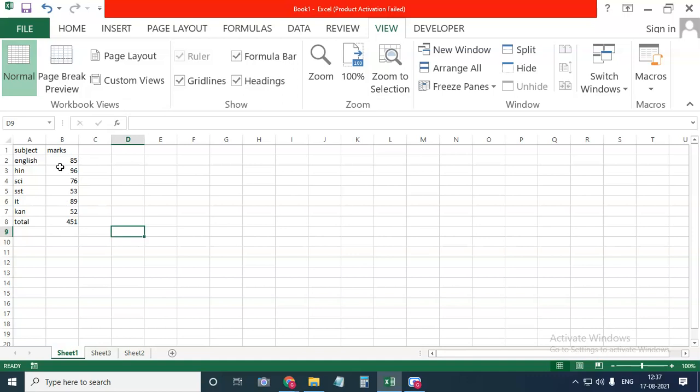Before creating the data in Excel, how to run it with the help of a program, I'll show you here. So first we will see using a macro as a function. The first one is using a macro as a function.